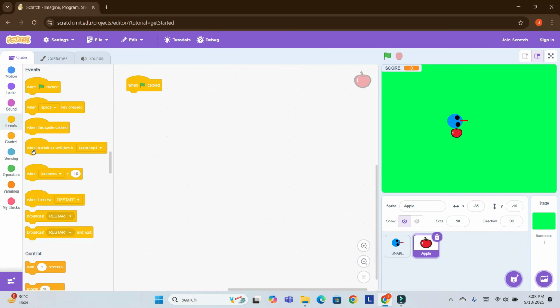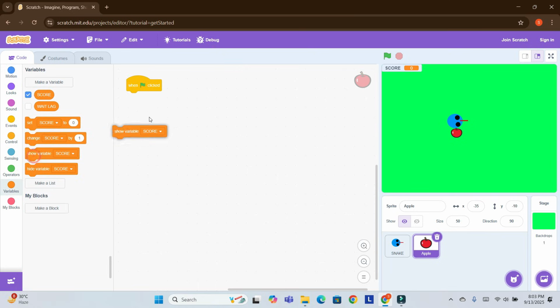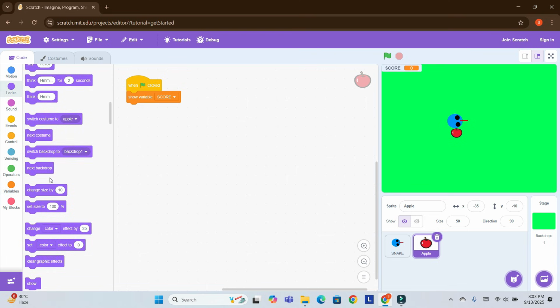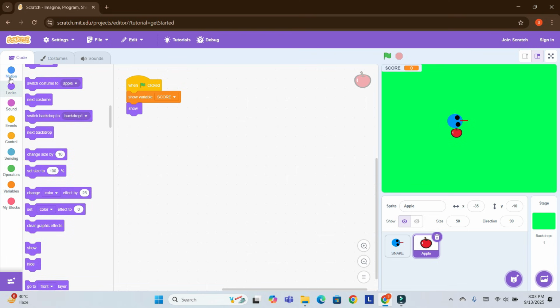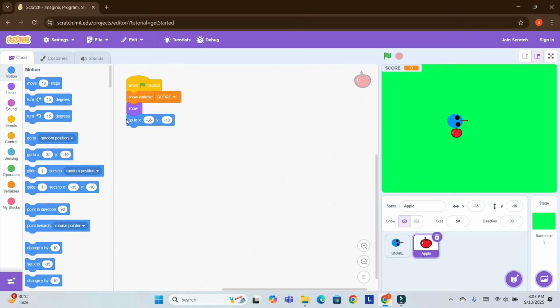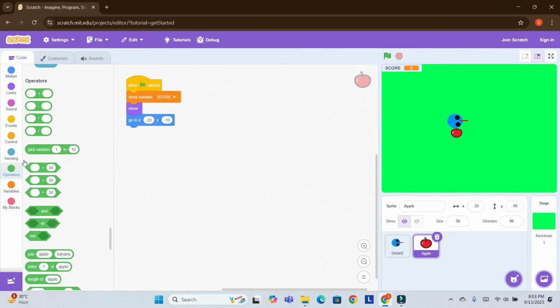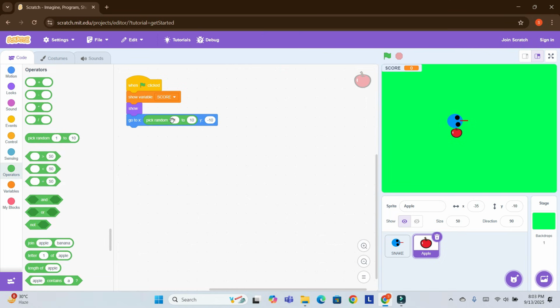When green flag clicked, show variable score, show. And now go to x. Now go to operators, pick random minus 200 to 200, and now duplicate this and paste it here and make it 150 to 1.